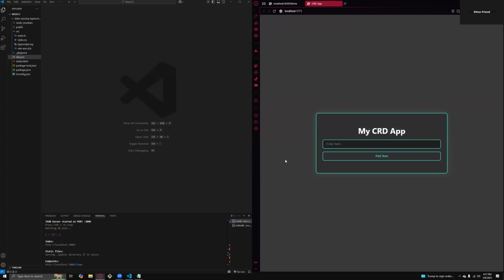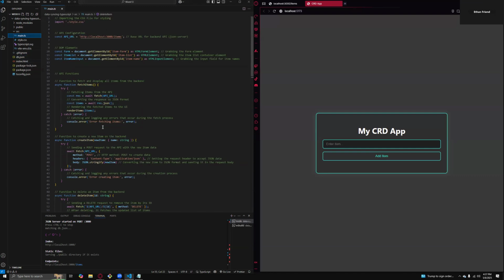Task 2 was to copy the CRD app code into the new project. So we'll go into my main.ts here, where all my code from my JavaScript was copied over. I'll go through all the stuff again. Couple things. I imported my CSS styling so that would work with TypeScript, as well as created a base URL for the backend API for JSON server, which I have running down here, as well as the Vite client down here as well. So all the data should be